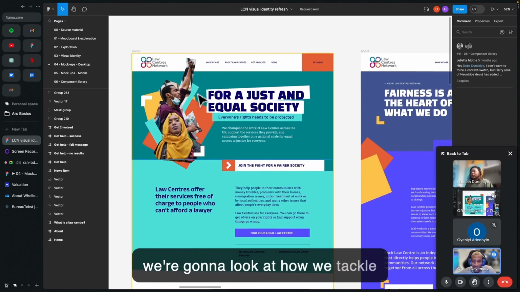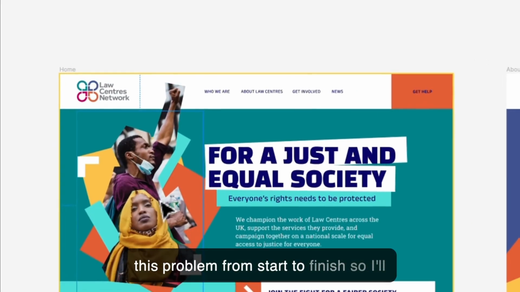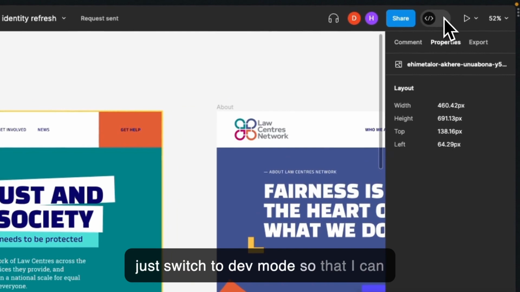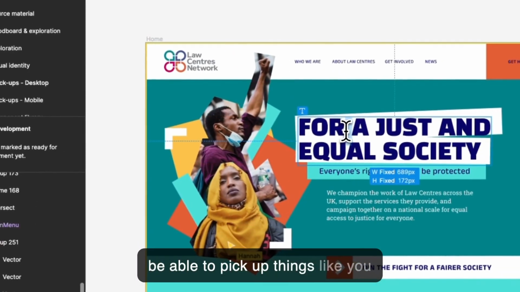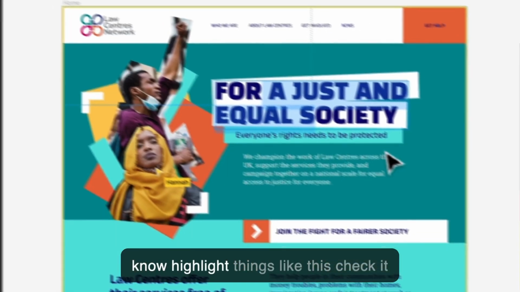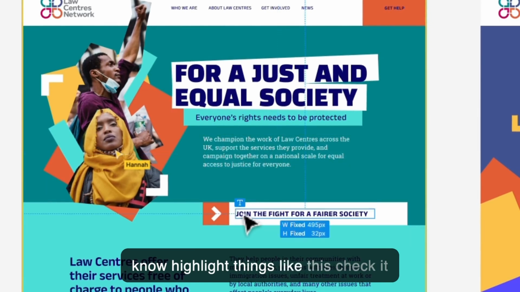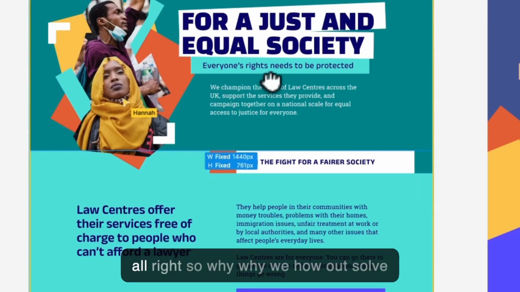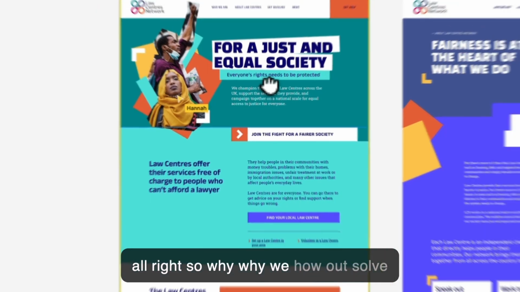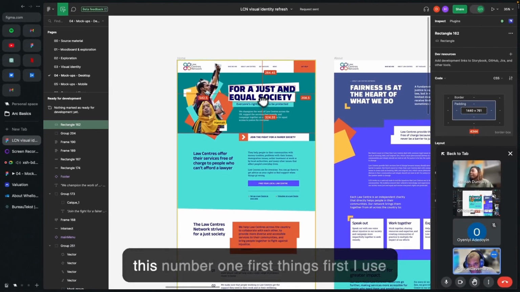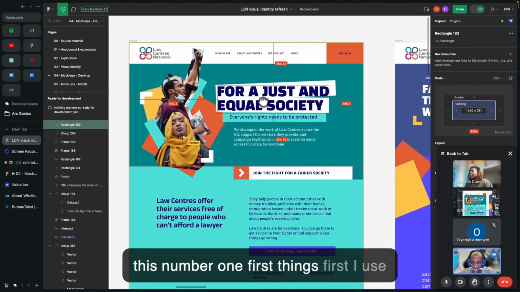Okay, so we're going to look at how we'll tackle this problem from start to finish. I'll just switch to dev mode so that I can pick up things and highlight things like this. All right. So how I would solve this, number one, first things first, I use